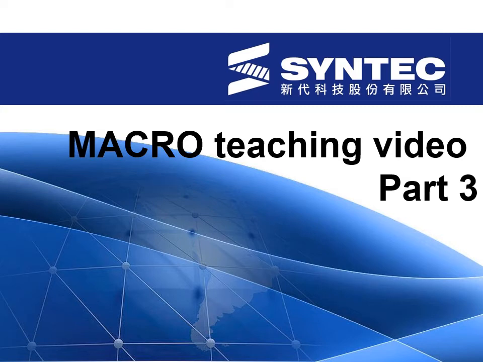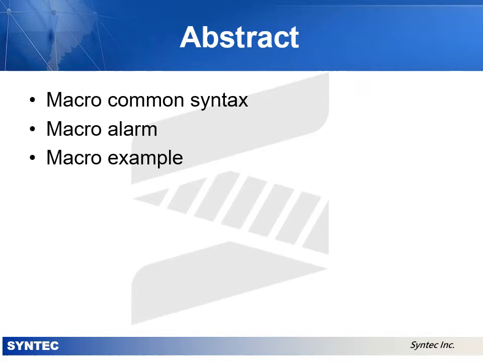This is the macro teaching video part 3. This video will introduce the syntax of macro and method of alarm. The content of alarm is a custom string that notifies the user when a wrong program has happened, and macro